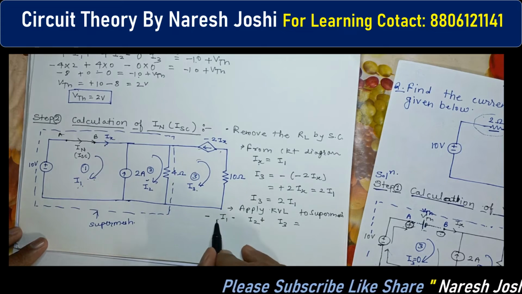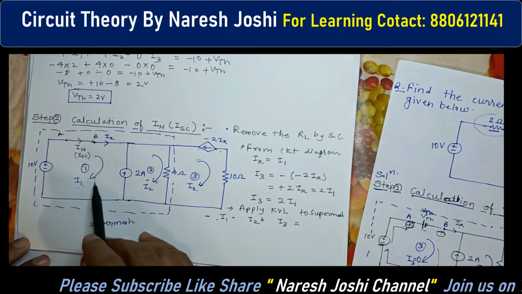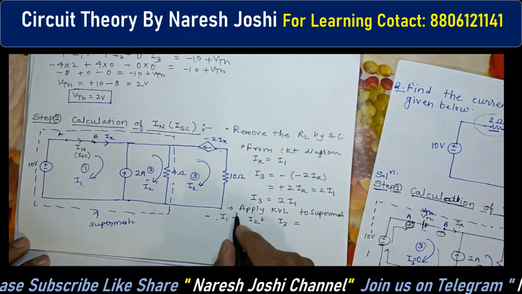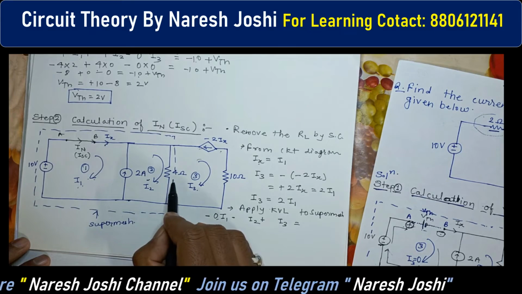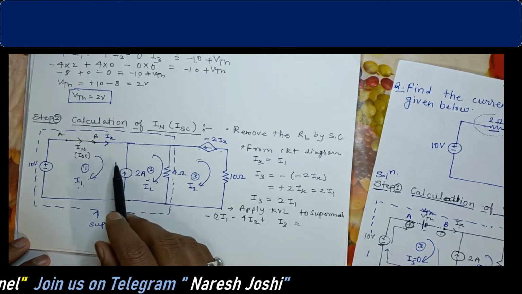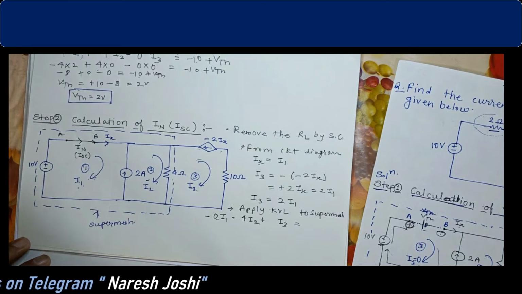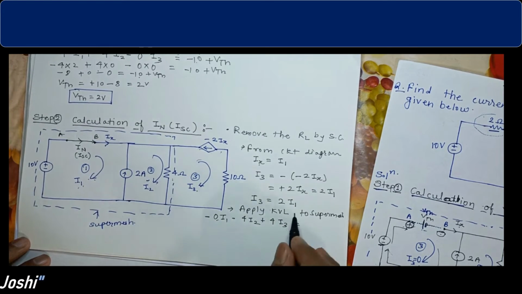Okay, so now what is the magnitude of I1? We have to check through which resistance I1 is passing. There is no resistance, so we mark it as 0 magnitude. I2 is passing through which resistance? Only the 4 ohm, so I will mark it as 4. And through which resistance of the super mesh is I3 passing? This is 4, so we will mark it as 4. So the magnitude of I3 is 4.